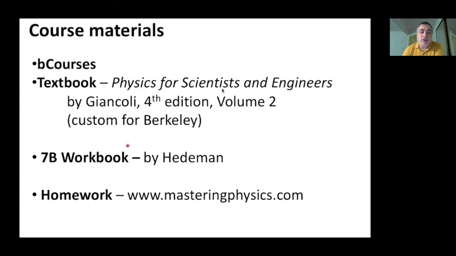The things that do matter are the 7B workbook, which has materials for your labs and things that we're going to cover in sections, and the Mastering Physics, for which you get a code when you buy this textbook. I think you may be able to get a code separately as well, but that's something you'd have to look into in more detail. If you're taking the class remotely and you're not able to get this package at the bookstore, we're working on trying to get the workbook to you, but that is still in process. We'll do that as soon as we can. We're waiting with the publisher, just trying to make that happen. So those are our course materials.